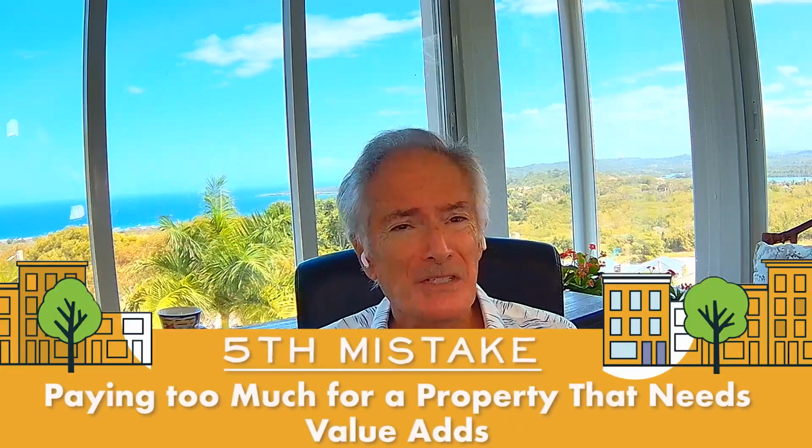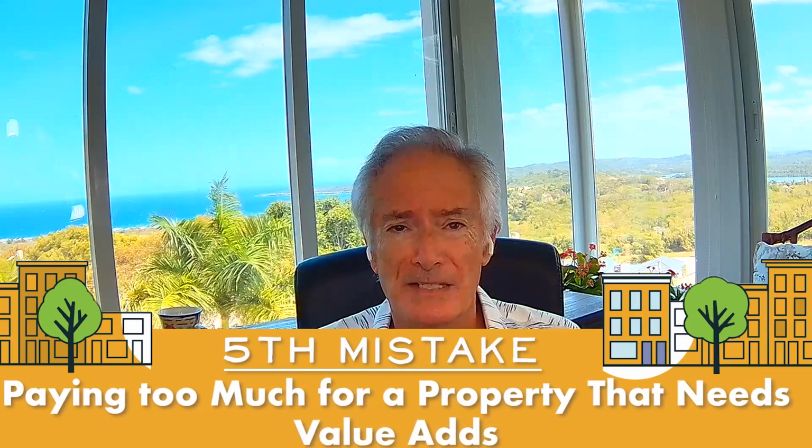Let's get into critical mistake to avoid number 5, paying too much for a property that needs value adds. This is just not a good time to buy a property that has a lot of expensive or even moderately expensive value adds. You're thinking that if you could just spend this amount of money, you could raise rent so much. Because of low inventory right now, you're probably going to already be paying too much for this property. So if you do plan on doing some improvements, stick with the low-cost operational ones, like rebranding the